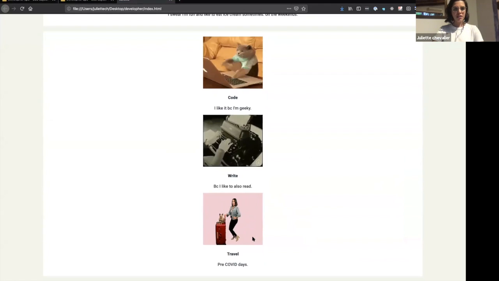Because if I go into my code and I select, for example, my hobbies division, and let's say I give it a Flex class, and then I go into my styles file and I say to my Flex class, and remember, because it's a class, we want to call it with the dot in the beginning. So I say to that Flex class container, please display Flex. And so at that moment, if we refresh,